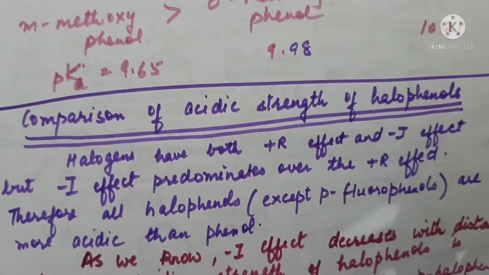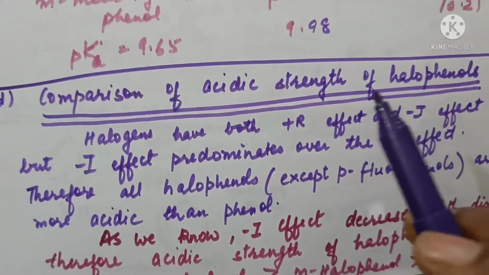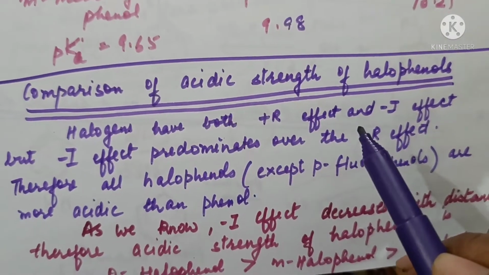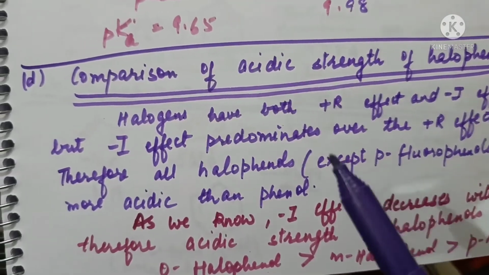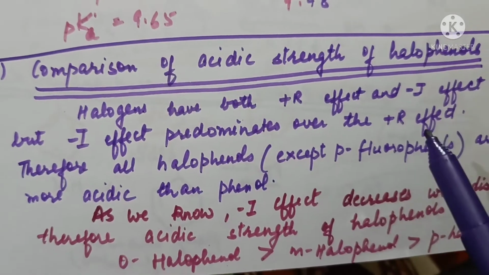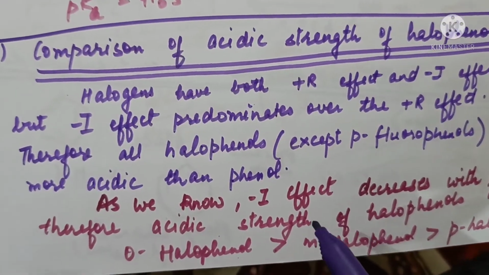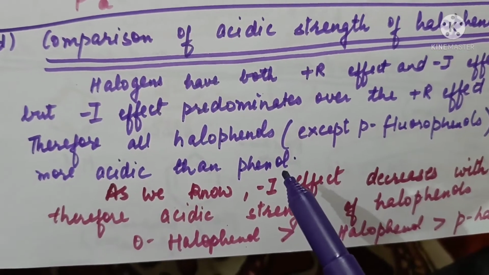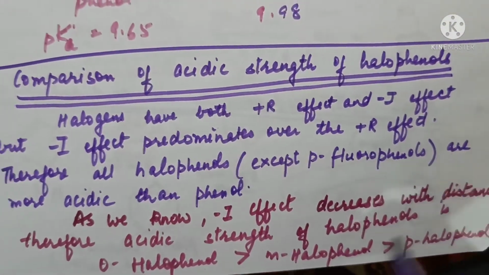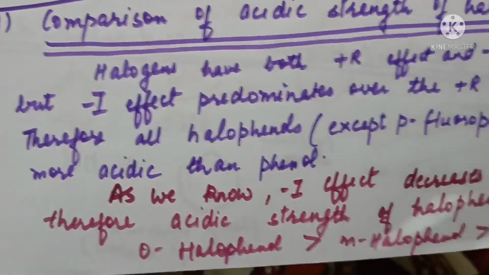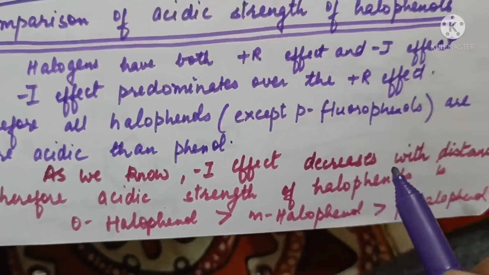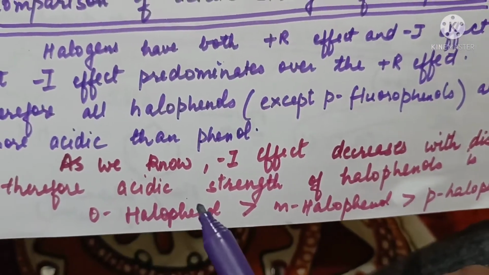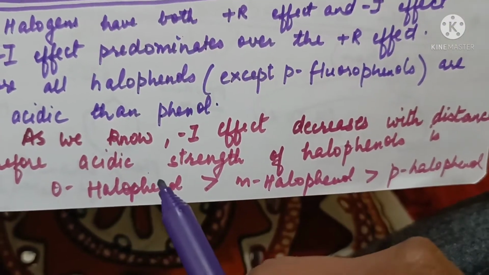Comparison of acidic strength of halophenols. Now halogens have both plus R effect and minus I effect, but minus I effect predominates over plus R effect. So all halophenols will be more acidic than phenol except para-fluorophenol. As we know that minus I effect decreases with distance, so acidic strength of halophenol will be